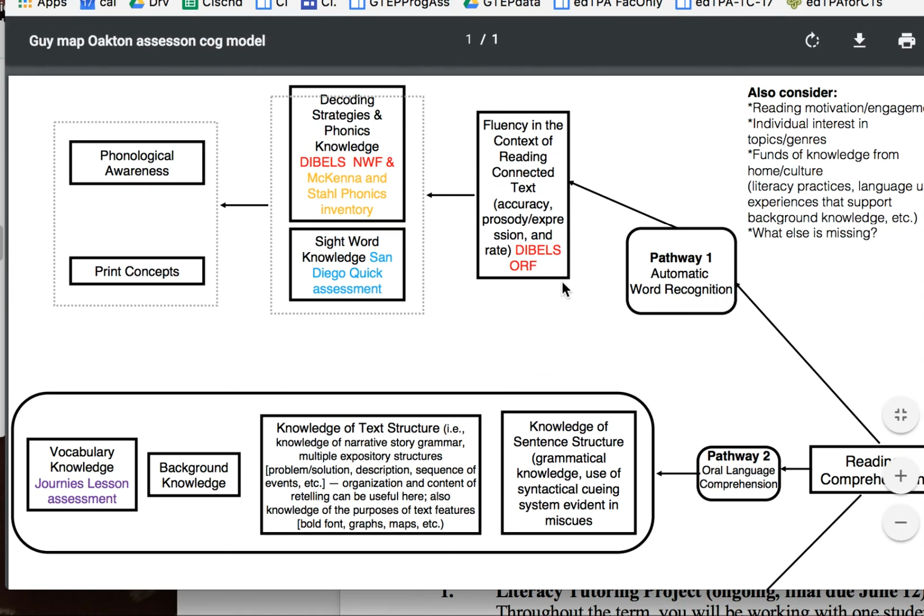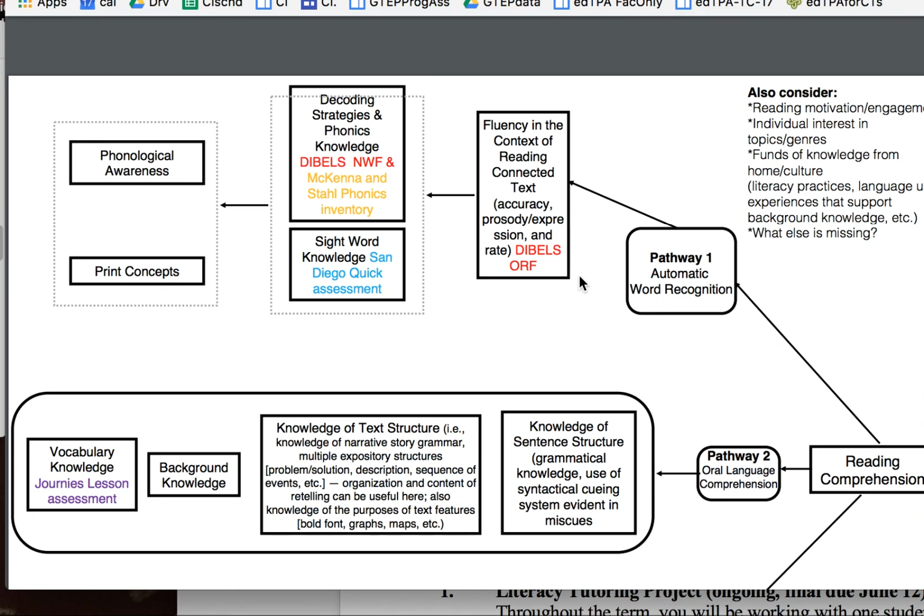So this is connected text, like meaningful text, rather than word lists. And the fluency in context means reading with accuracy, appropriate rate, and prosody or parsing. So it's not just saying the words fast and correctly, it's also about using prosody, expression, and parsing. DIBELS, oral reading fluency,